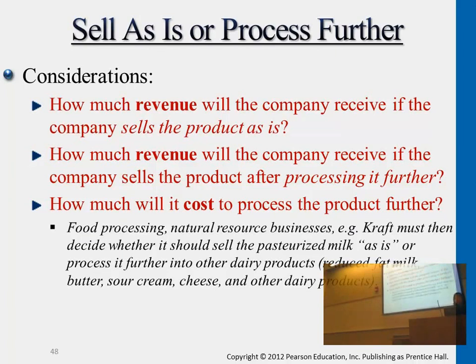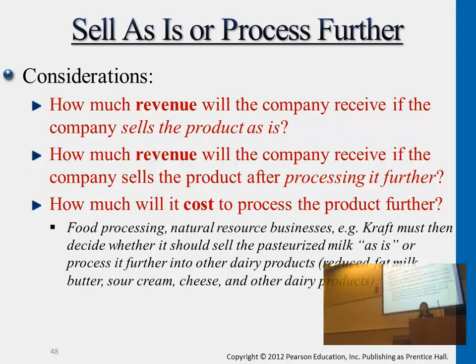Now, whether to continue processing a product, continue manufacturing a product, or sell it as it is, you can probably guess by now. Since we're all doing cost and revenue analysis, this follows the same logic. Do we want to sell the product right now as it is, simply a gallon of milk? Or do we want to process further into cheese, into other dairy products, half and half? It depends on, of course, we're assuming customers have the needs for those types of products, and then we do analysis on what's the cost you need to spend to process it further compared against the revenue that you're getting out of processing further, having a processed further product.